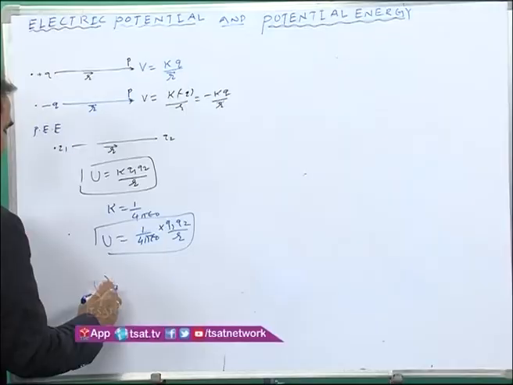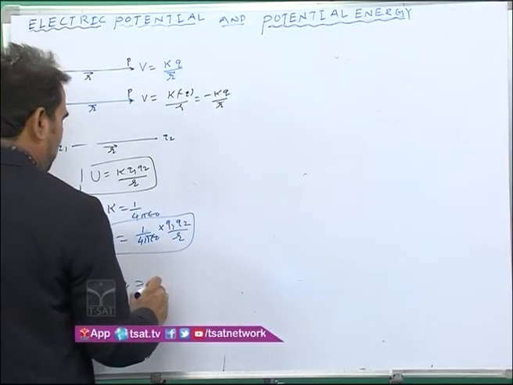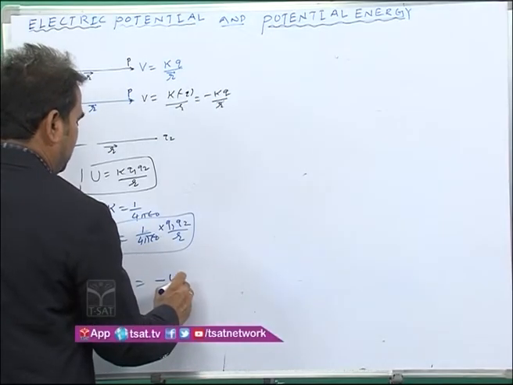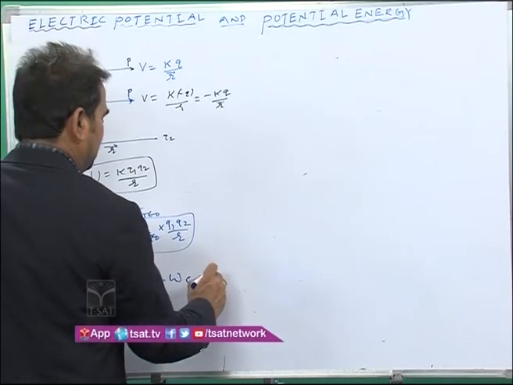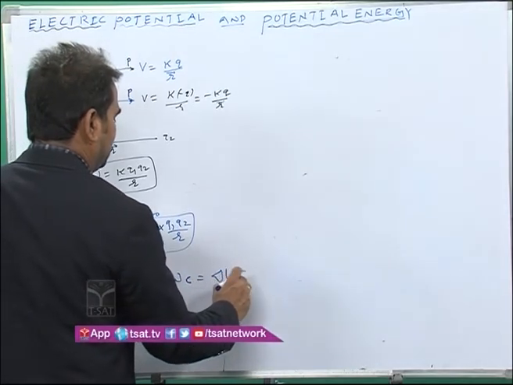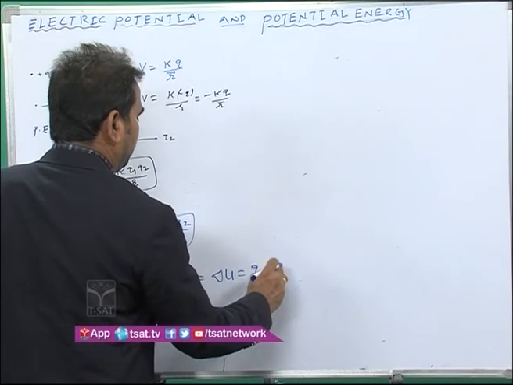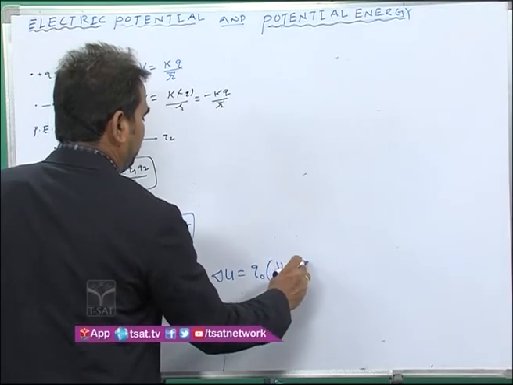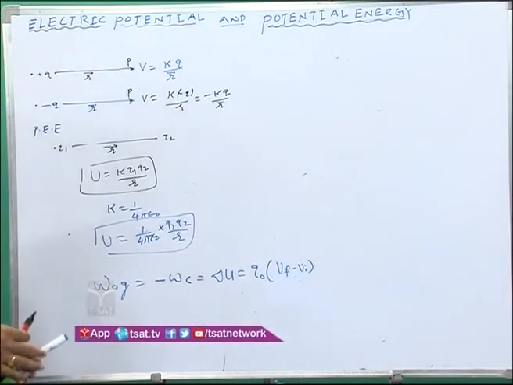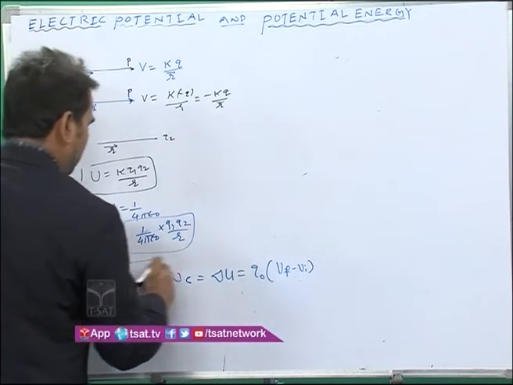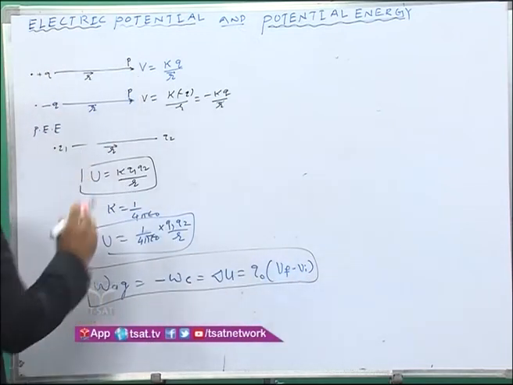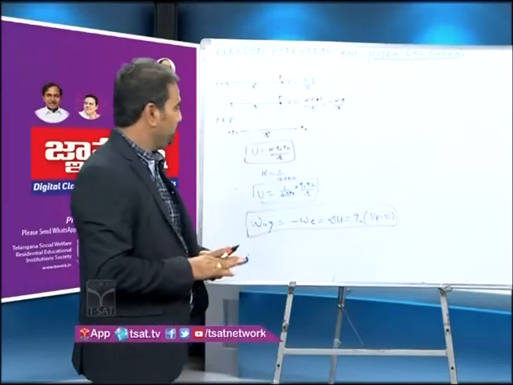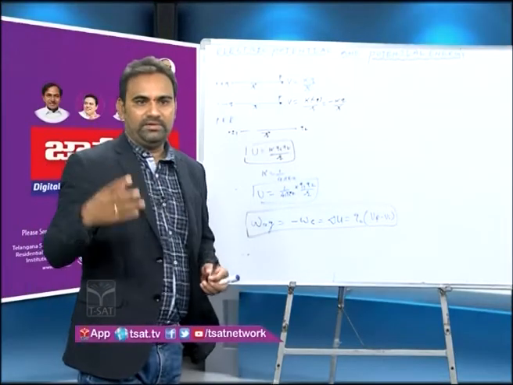Based on this concept, in electrostatics we have one important formula, that is the work done by the agent, which by conservation of work done, W is equal to change in potential energy delta U is equal to Q naught into final potential minus initial potential. This is very important for solving any problem based on the law of conservation of energy. So based on this concept, today I am going